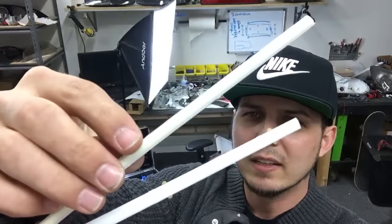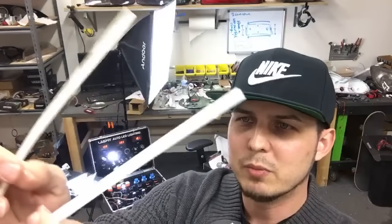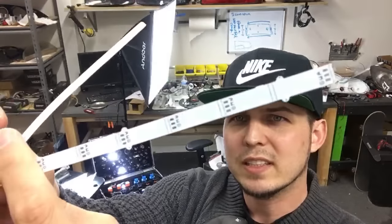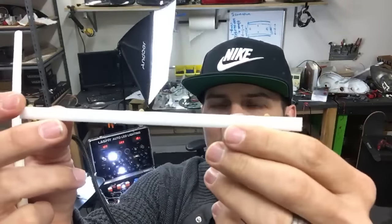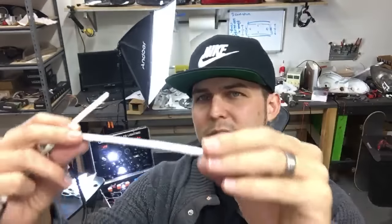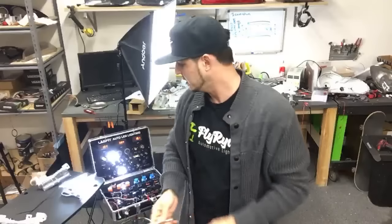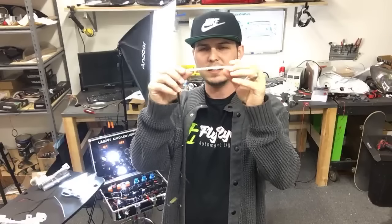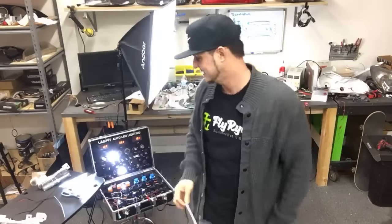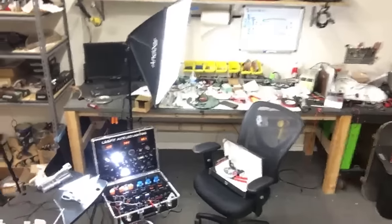And these ones don't have that. These ones I've shown you in another video that I will link up right there later on when this is on replay mode. But for now, I think it's pretty cool that these things have mounts, because what you can do is turn them sideways, shave off the mounts on the top, and use the ones on the bottom so that now it's facing forward instead of mounting it flat and facing straight up, shining light straight up instead of forward. So that's the difference. These things are way more bendy, the Morimoto ones, which is a good thing and a bad thing. If it needs to curve somewhere, that's good. This is not so bendy, but you can cut it like you saw. So, having said that, let's bring you guys a little closer and we will check